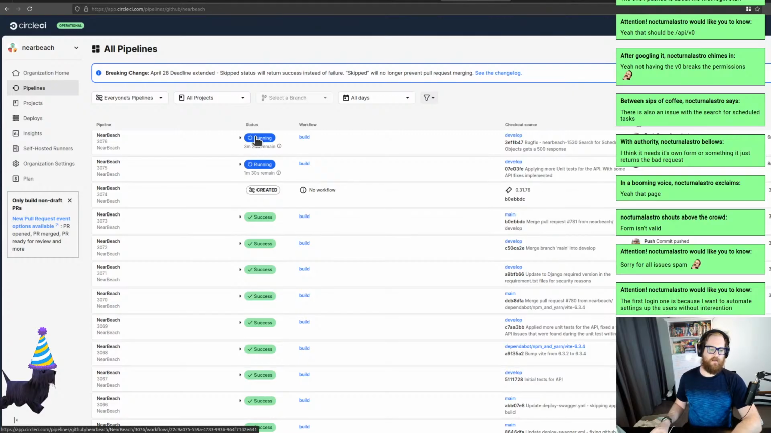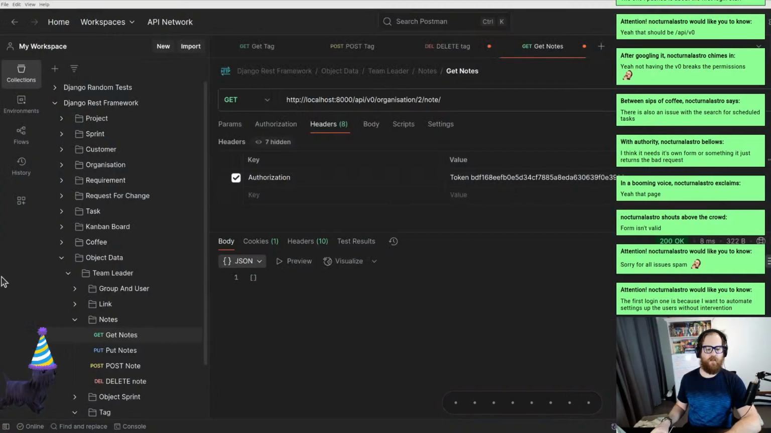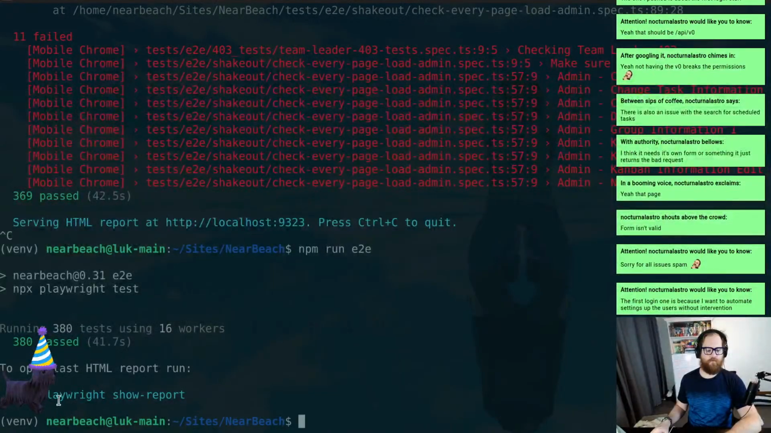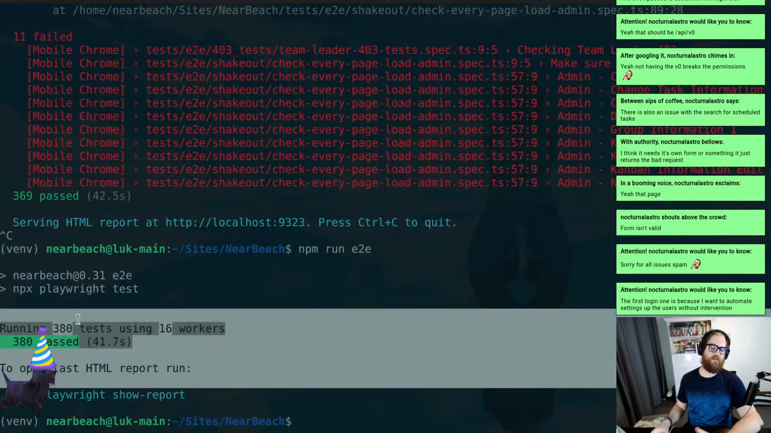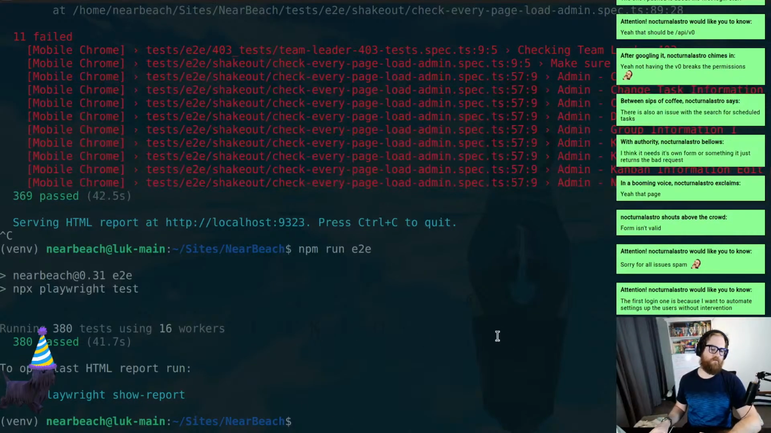So these are still running, which is good. We're just checking those. Now with the E2E, it ran perfectly fine. See, the 300 tests work perfectly fine. We're actually going to include for the